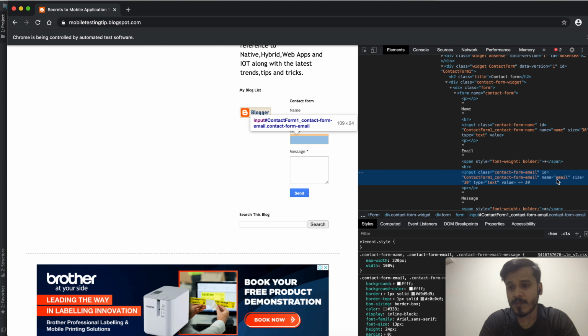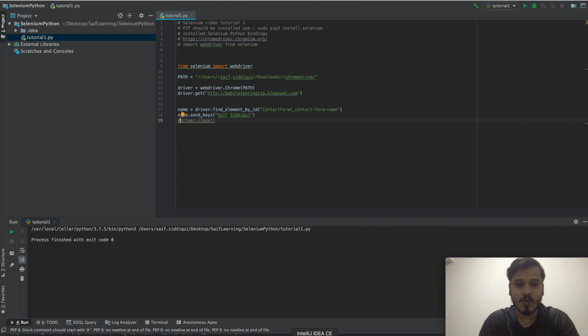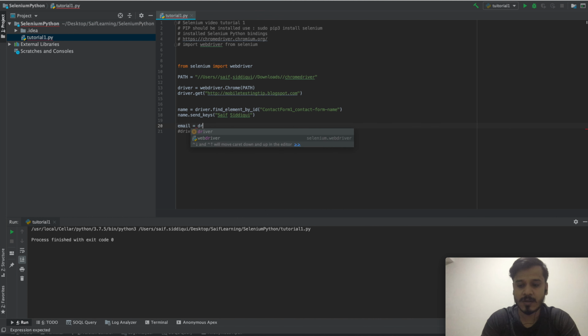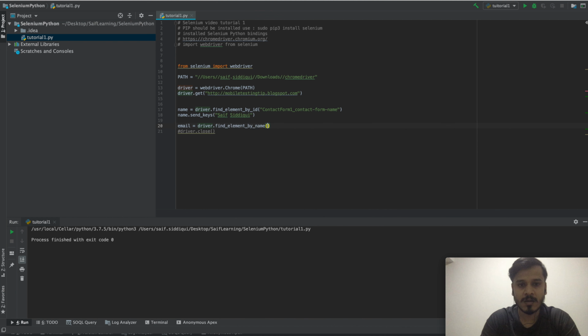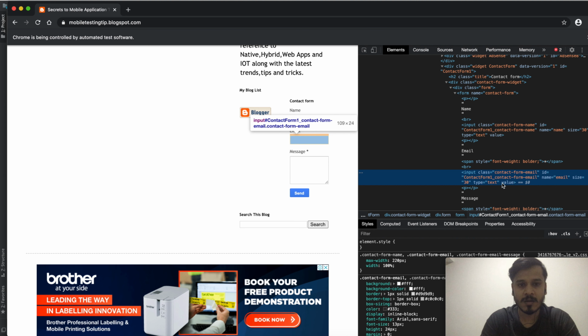I can also use ID, but just to show how we can use different attributes to find the element, in this case I will take the name, and I will go back to IntelliJ, and I will keep this email in one variable, and I will use driver dot find element by name. So in this I will be finding it by name. This is the option which I can use, and I will type email. If I go again, this is the email name. Yeah, I'm using it right.